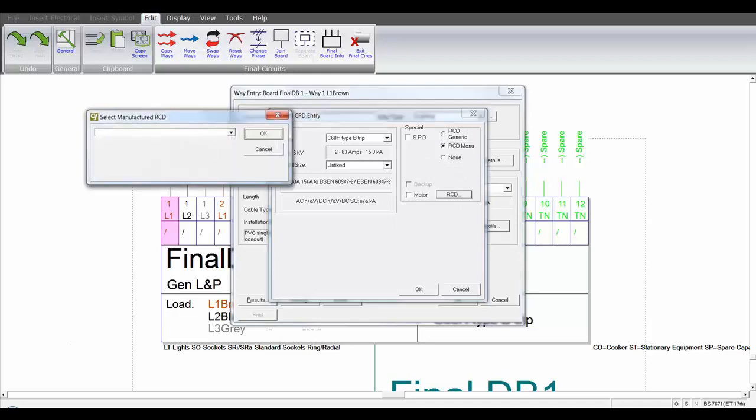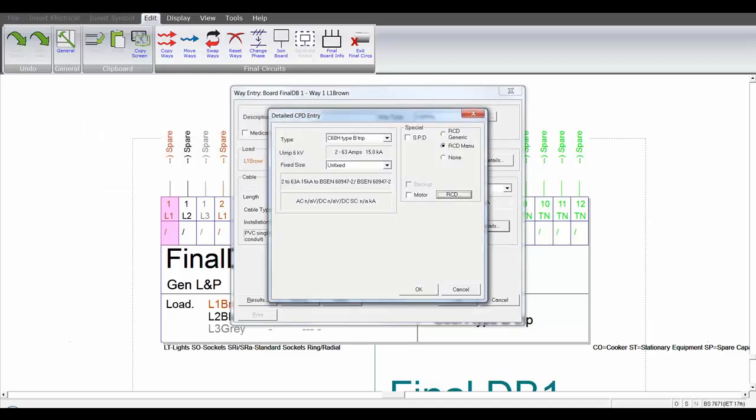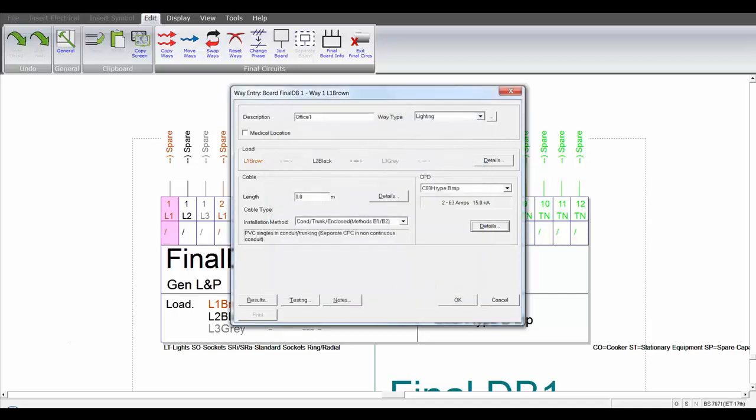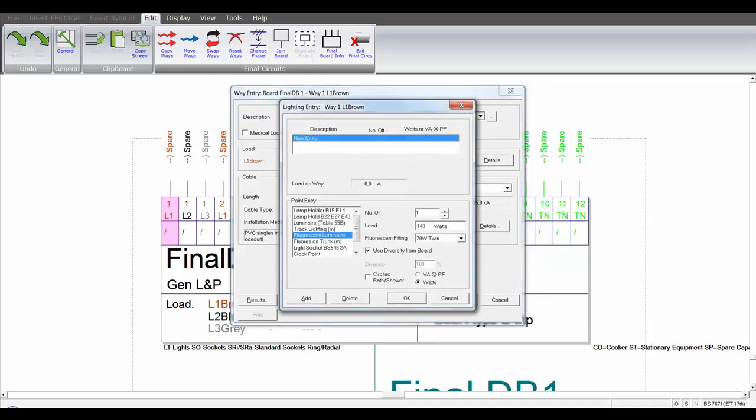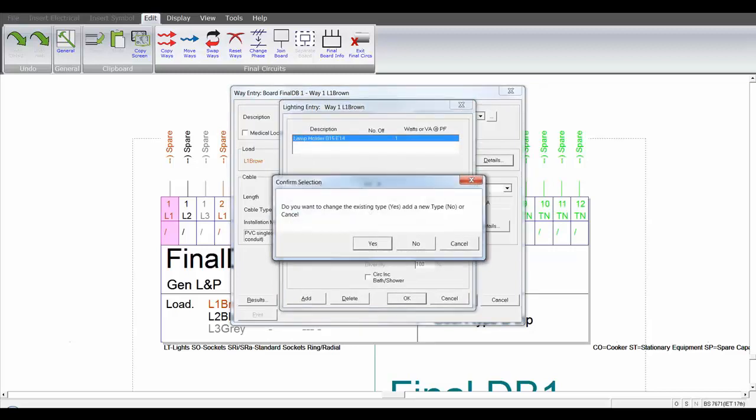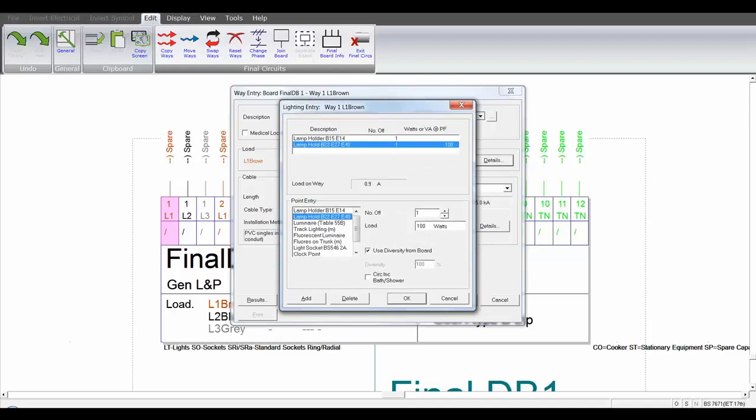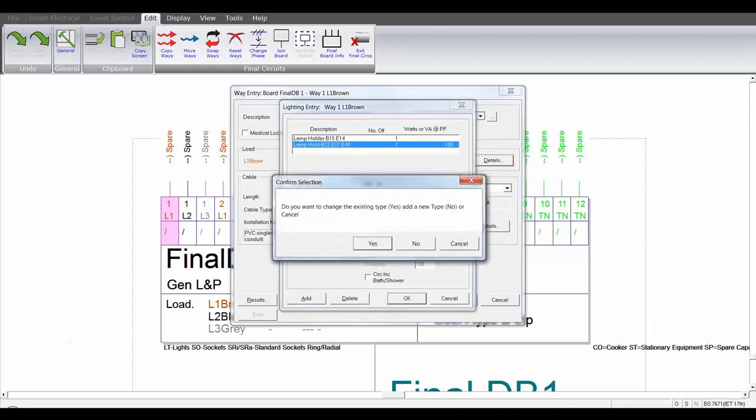Manufacturer's information can be entered, or none. And this is where we can actually fix the device itself as well. So we're currently using a C60H Type B on this distribution board. So if we start looking at the load, we go into details. We have a basic point entry dialog box that we can enter in here. So for example, if I was going to put some fluorescent luminaires in,